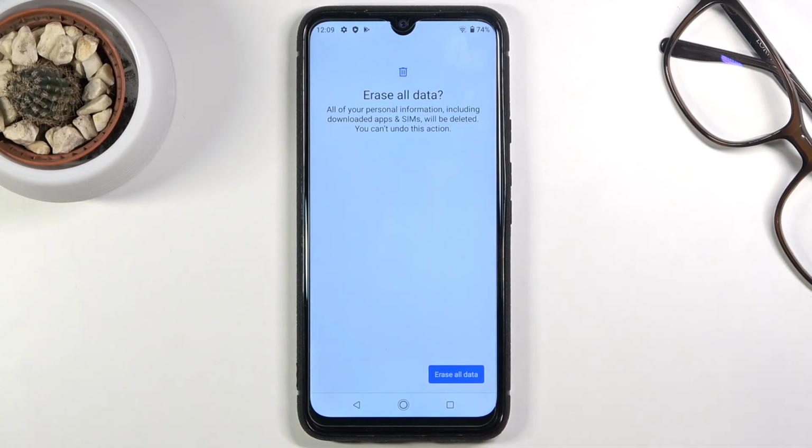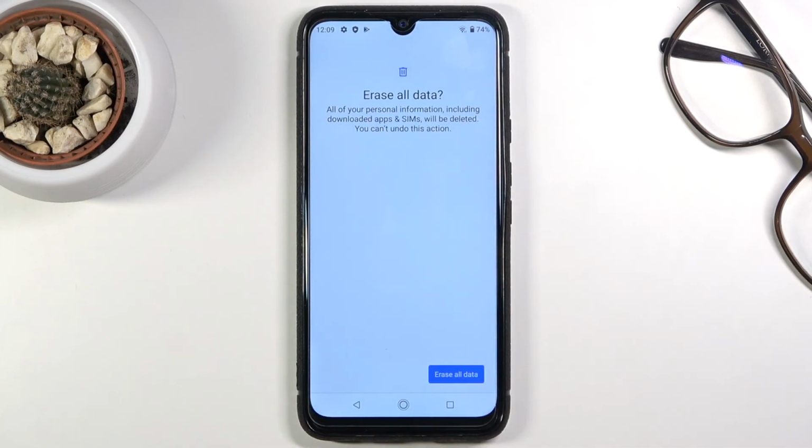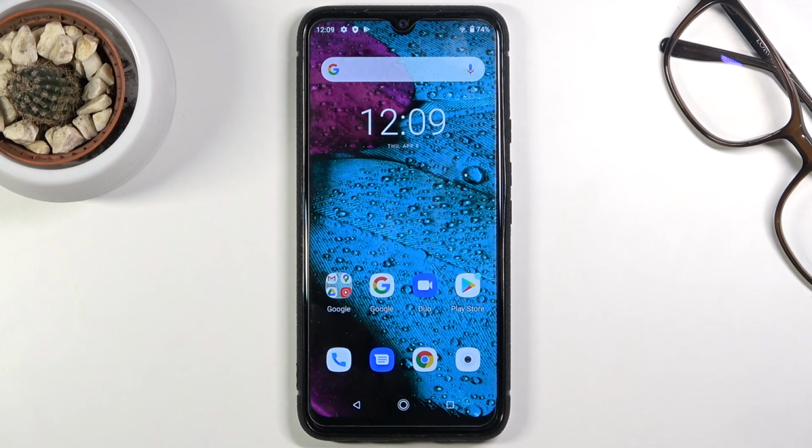Now I'm not gonna go through this right on the video because it's just nothing special really. You just factory reset the device and set it up, so you probably know how to do that. And at that point, once you see the setup screen after the erase all data, like I said, device is fully unlocked. So that is how you would bypass the Google verification on this